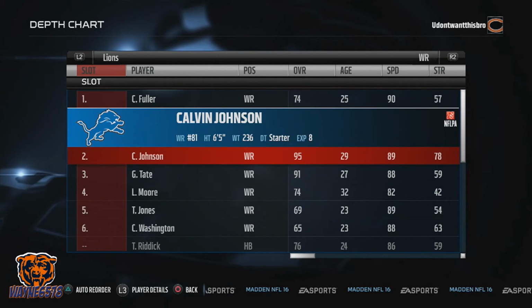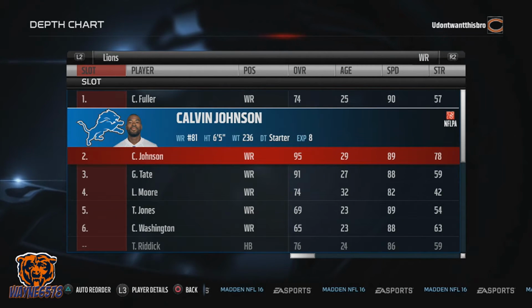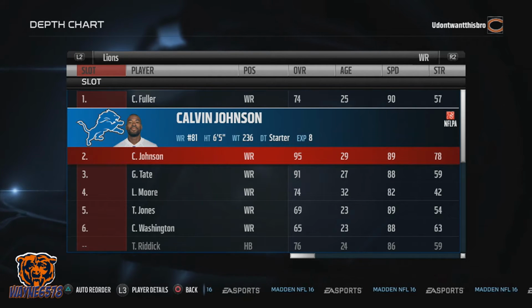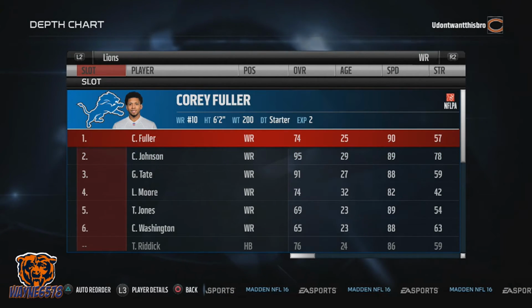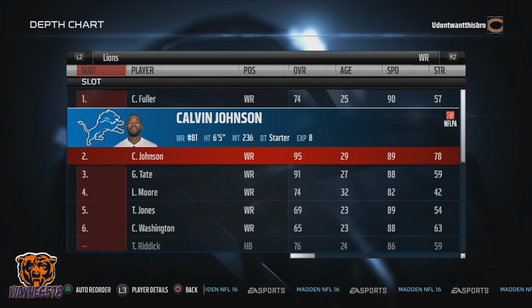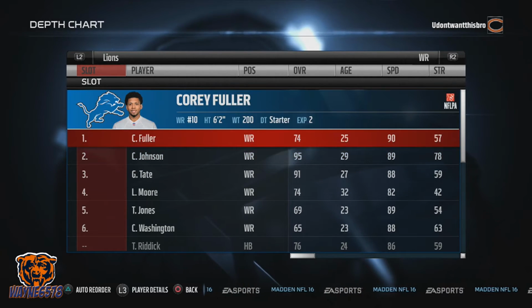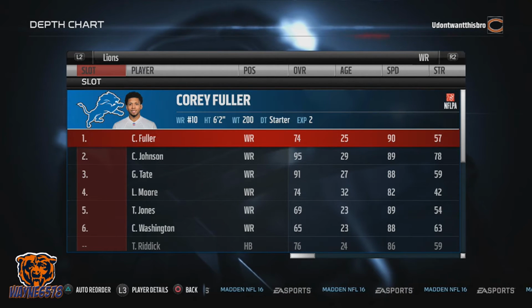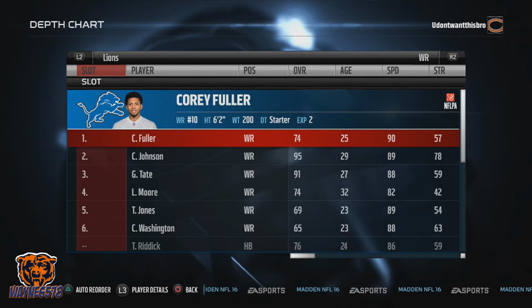Wide receiver, man. So sad Calvin Johnson retired. But I like putting my tallest, fastest guy in my second slot. So, of course, a lot of people are going to start Calvin Johnson at number 1. But I like putting him at number 2, because then sometimes he'll get matched up with the number 2 cornerback instead of the number 1. So we're going to go with Corey Fuller,